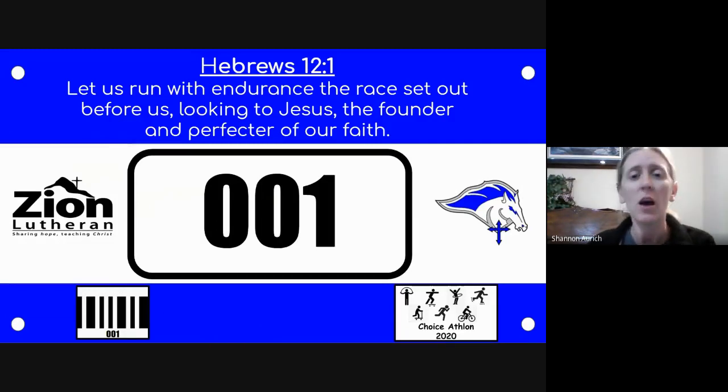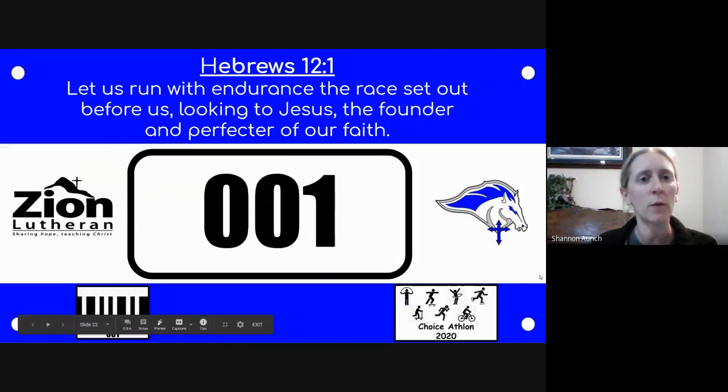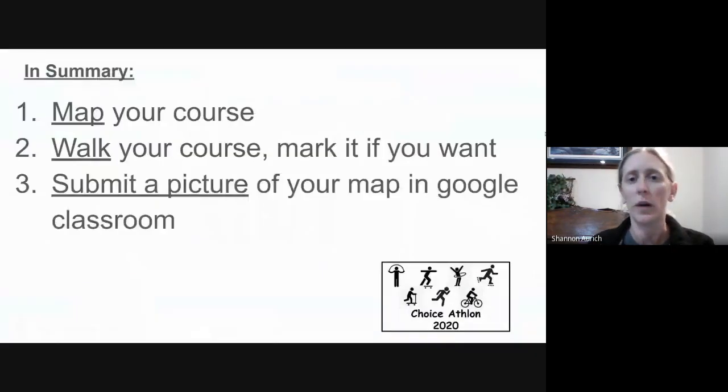I'm here with you. All right, so there will be a slide for you like this attached to this Google Classroom that you can manipulate and move things around and change the colors if you want to. All right, that's the bonus assignment. So in summary, you're going to do a map of your course. Oh, and I forgot to tell you this, you're going to walk your course one time and just make sure it works, make sure it's safe, check out the layout. So map your course, even if you draw it or do a computer, walk your course one lap or one down and back, and then you are going to submit a picture of your map in the Google Classroom assignment